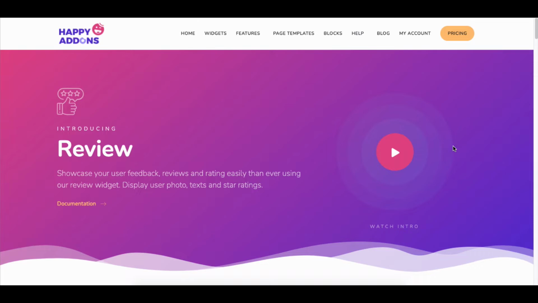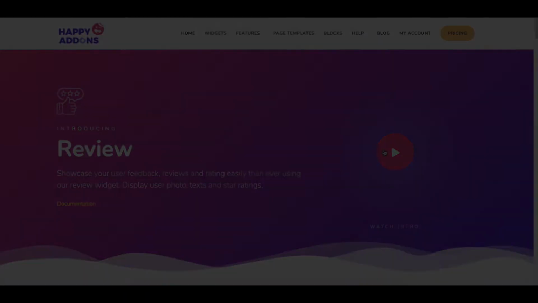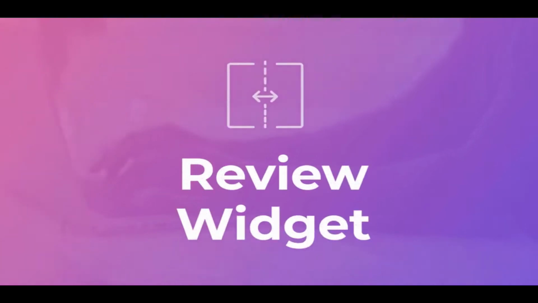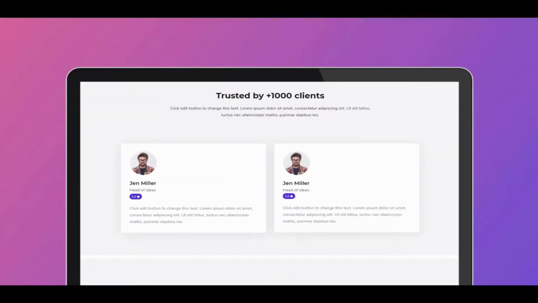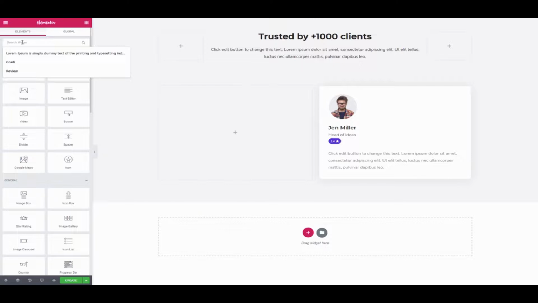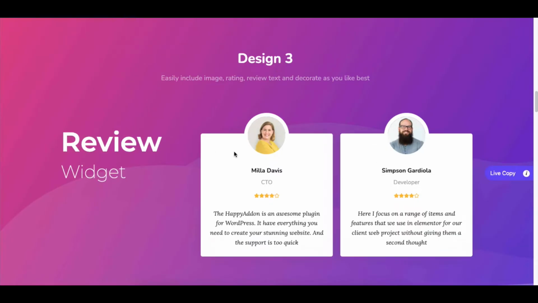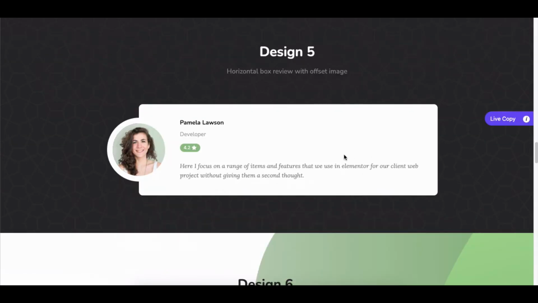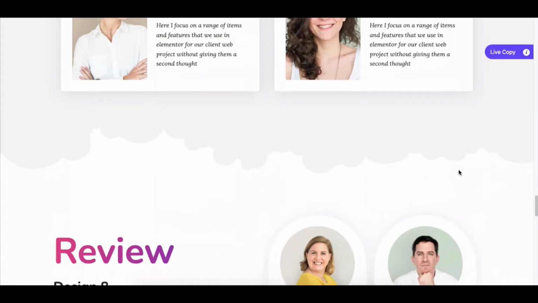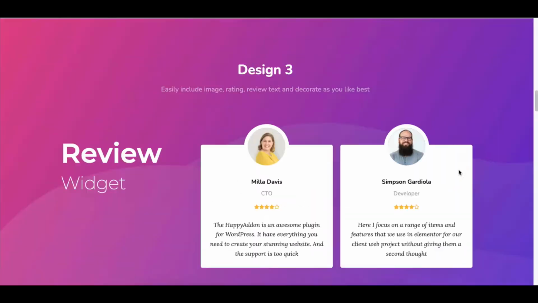Hi there! Looking to showcase your clients' feedback, reviews, and ratings on your website? Look no further. Happy Addons introduces Review Widget to ease your task. You can add reviews on your own. Also, you can customize the overall design such as name, title, rating, and your user's review in different ways and